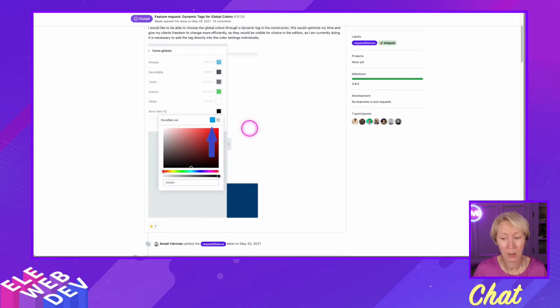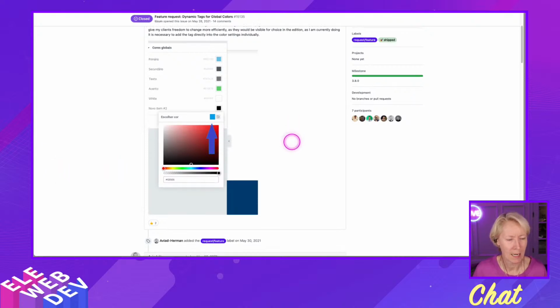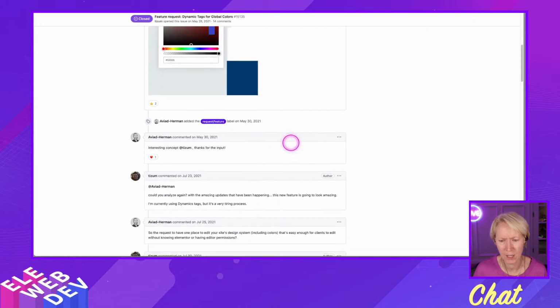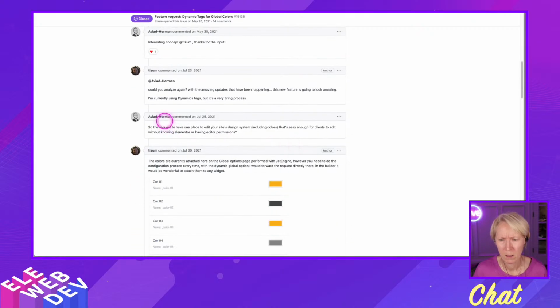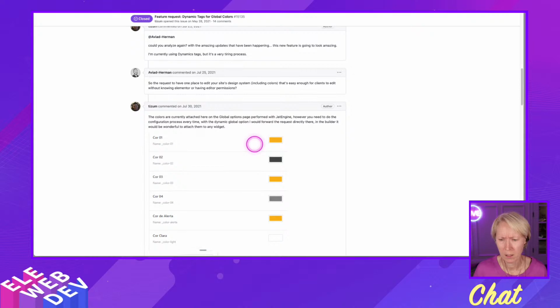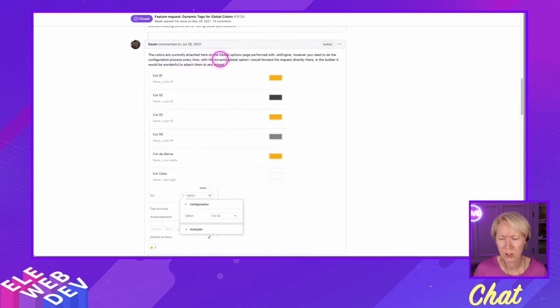We'll go down here and read this further, because I read this several times and didn't quite understand. Okay, so the colors are currently attached here on the global options page, JetEngine. However, you need to do the configuration process every time. With the dynamic global option, you would forward the request directly there in the builder. It would be wonderful to attach them to any widget. So now that Imran has explained this to me in the technical detail that makes it understandable for my brain,